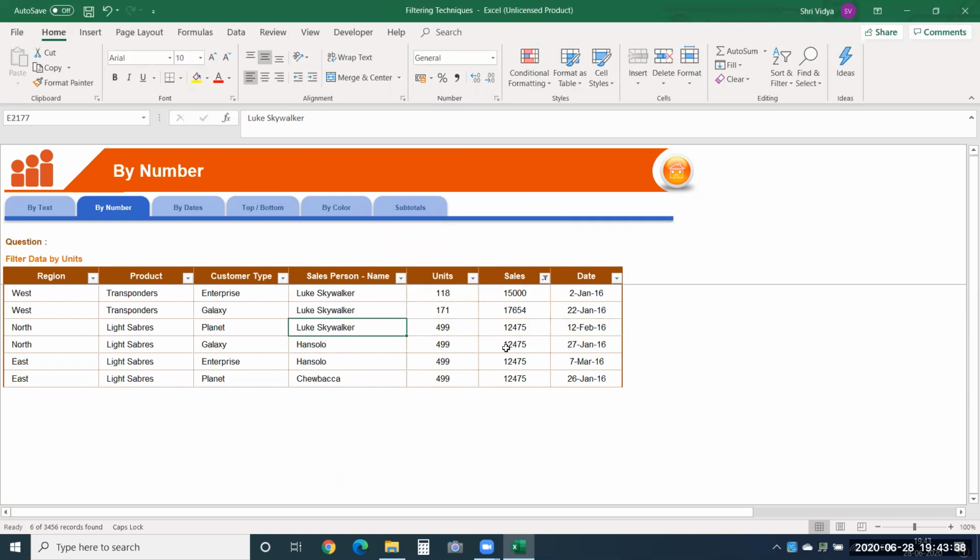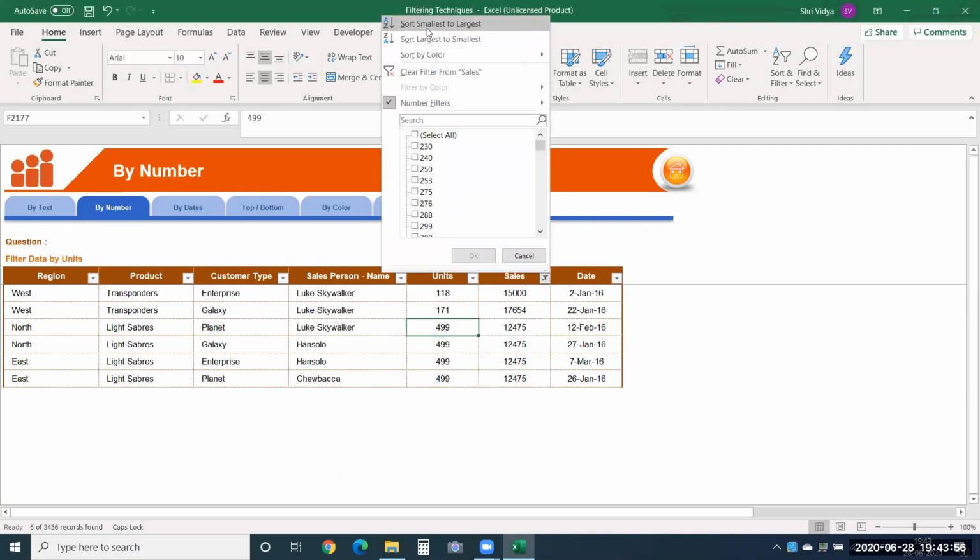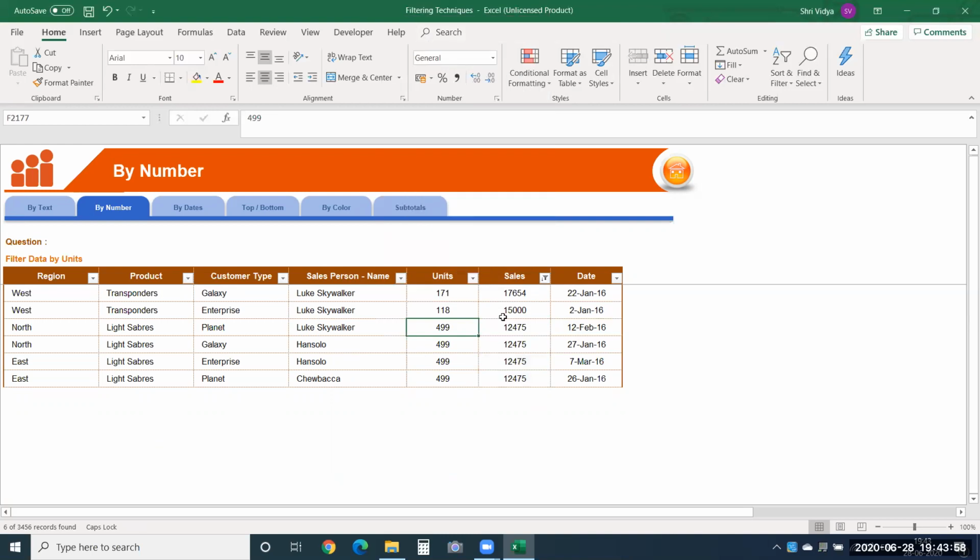Even if the numbers are repeating, it's going to fill those positions also. And in that case, 17,000 should be at top. We haven't sorted, Devashri, we are only filtering. When you sort it, as you said, I'll sort it largest to smallest, and now it will get arranged like that. Filtering only shows you the rows which have got values in it. It doesn't arrange for you. It doesn't ascend or descend.